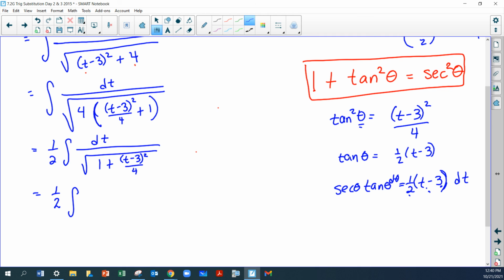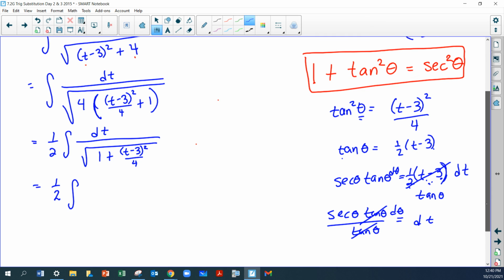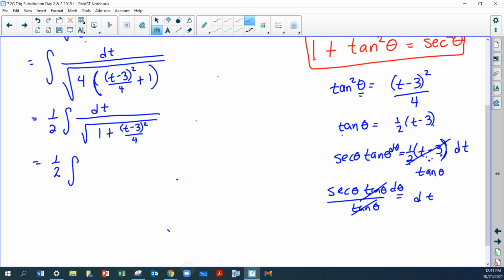If I substitute 1/2 t minus 3 is equivalent to tan theta, then I can get dt equals secant theta tan theta divided by tan theta d theta. Tan thetas are gone. Okay, so dt exchanges for a secant theta d theta, and on the bottom we get